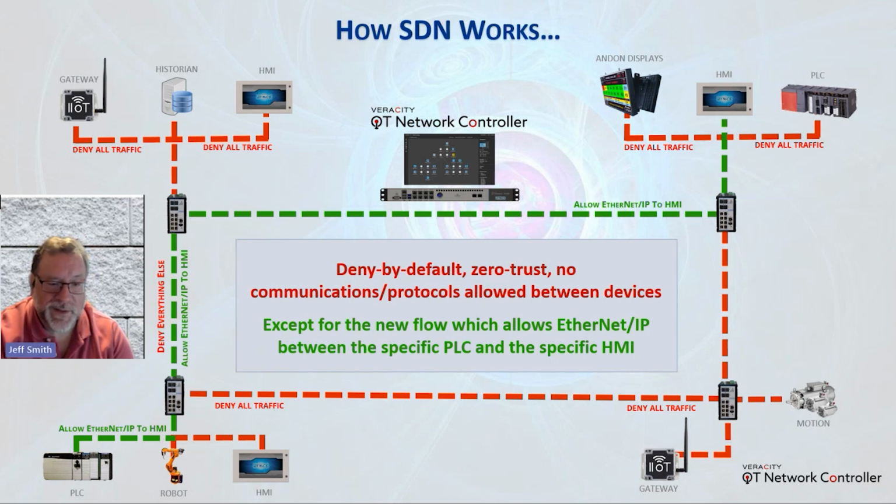The controller will then put the necessary flows in the switches to allow those to talk only Ethernet IP. If I were to log into that HMI and try to ping the PLC, for example, using a protocol called ICMP, that would not be allowed unless I also added a policy that said that PLC can